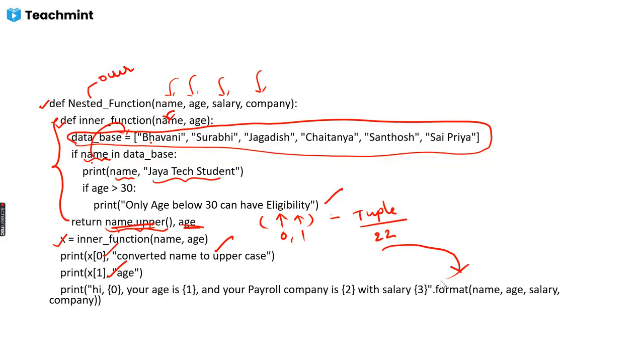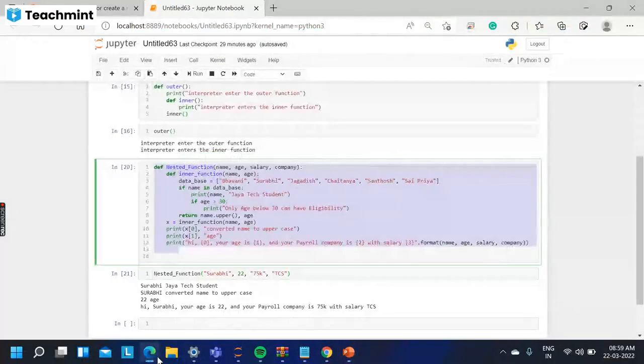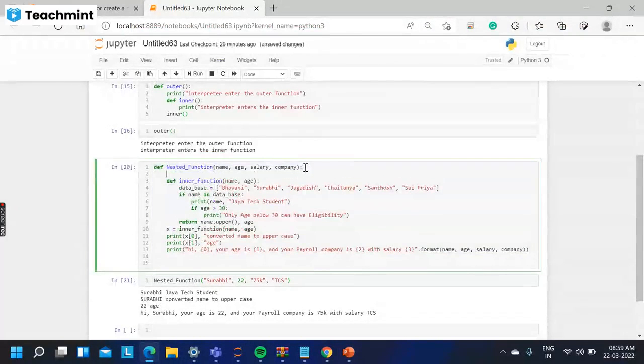But let me show you how the flow will be. Guys, you need to do this thing. Let me show you. Here I will print each variable that we are passing. I'm debugging this, okay? Debugging this and